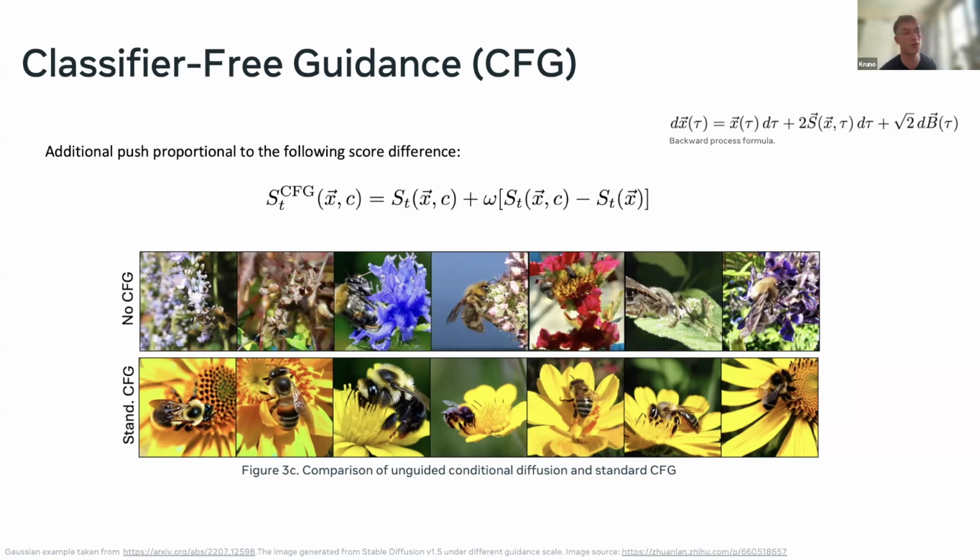We just selected the value of omega that gives the best score in terms of FID. You can see that there are bees and they're very crisp, but you can see three problems. The first one is there is a complete loss of diversity. So there are no, for example, bees flying. There's only bees on the flowers. There's no red flower, purple flower, and so on.